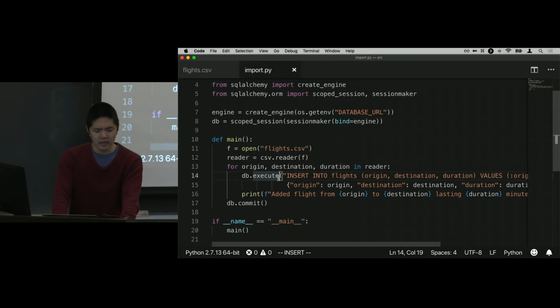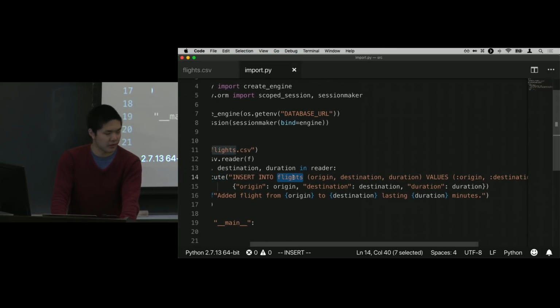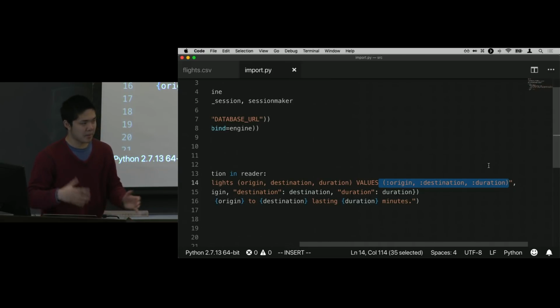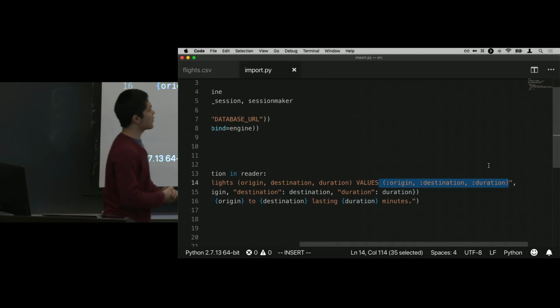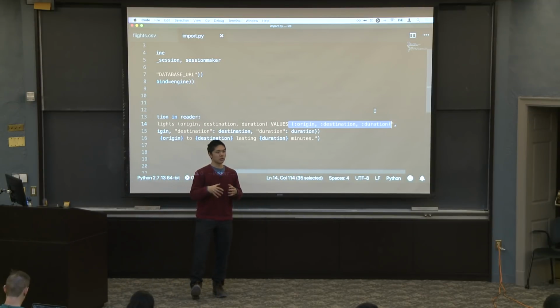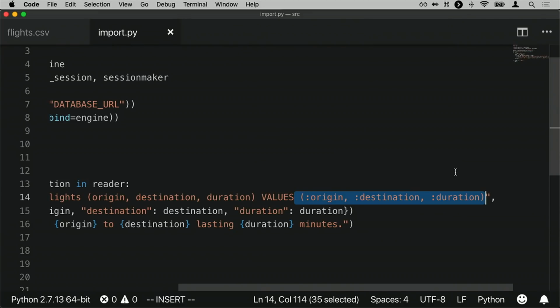And now we're going to say db.execute. And we're going to say insert into flights. This is the table. These columns, origin, destination, duration. And then values, here I'm using a little bit of different syntax that might be familiar from CS50. But rather than just literally plugging in the origin and the destination and the duration there, which would open me up to potential SQL injection attacks, what I'm going to do instead is use this colon syntax to mean this is a placeholder for the origin, and this is a placeholder for the destination,